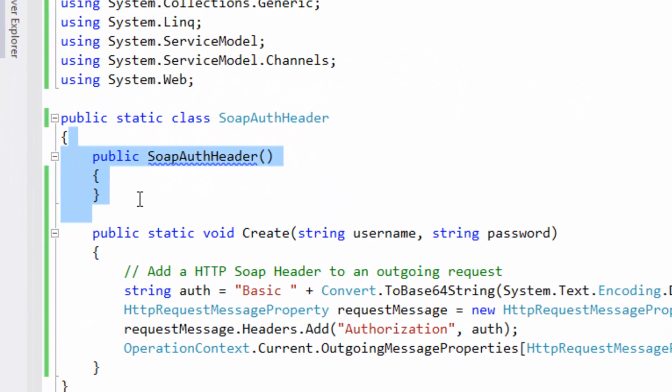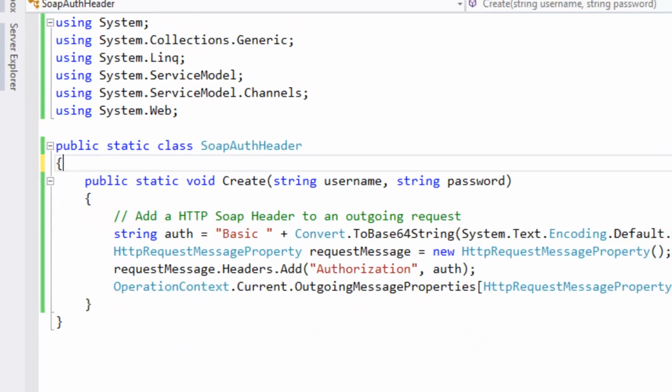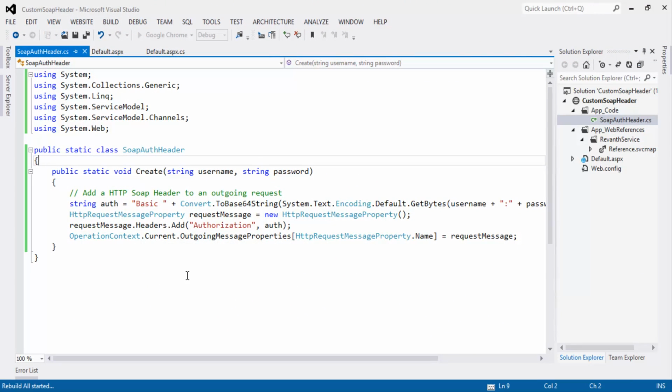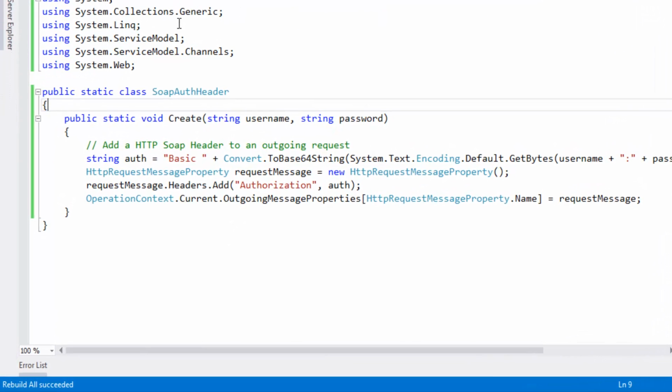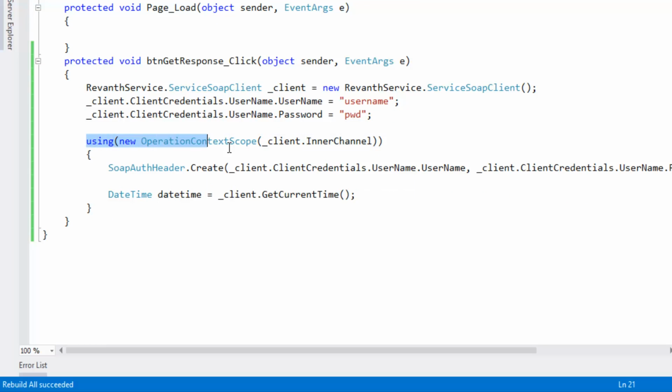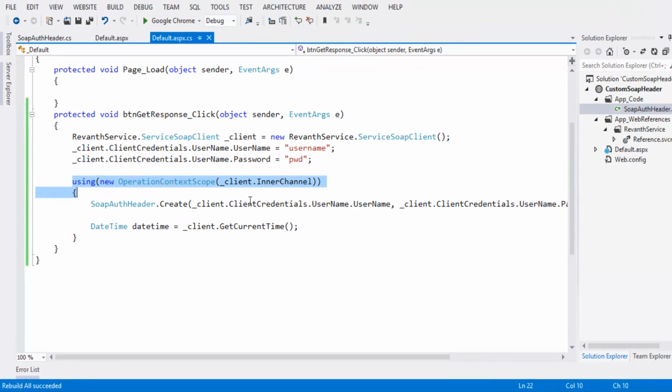So we have to remove this constructor. Build succeeded. So in this way we have to create the SOAP header, custom SOAP header. We have to call this SOAP header through inner channel.